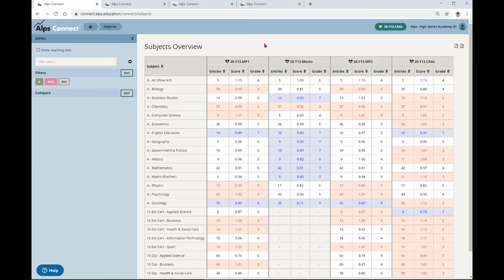So at the beginning of the year last year, for the year 13 that have left, we had an October monitoring point, then we had some mocks in January, then we had some teacher predicted grades at the end of February, just before lockdown going into March, and then obviously the centre assessed grades that you all spent so long agonising over, wanting to make sure that you weren't over-egging your students, and then some of us will have regretted some of those decisions when they ended up being the final grades.